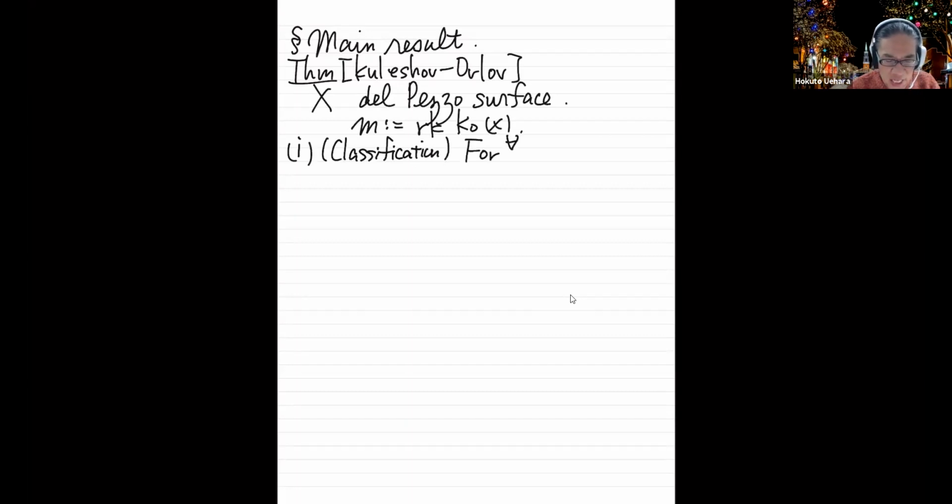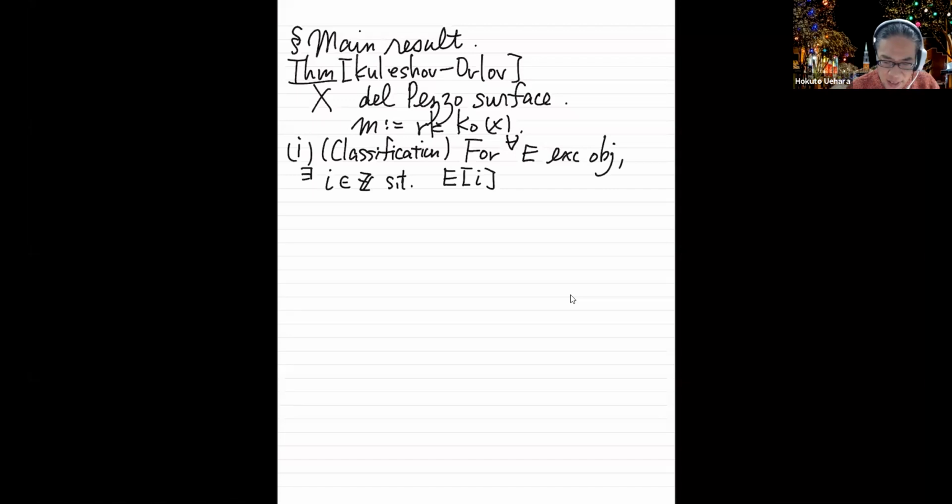For any exceptional object E, there exists an integer i such that E shifted by i